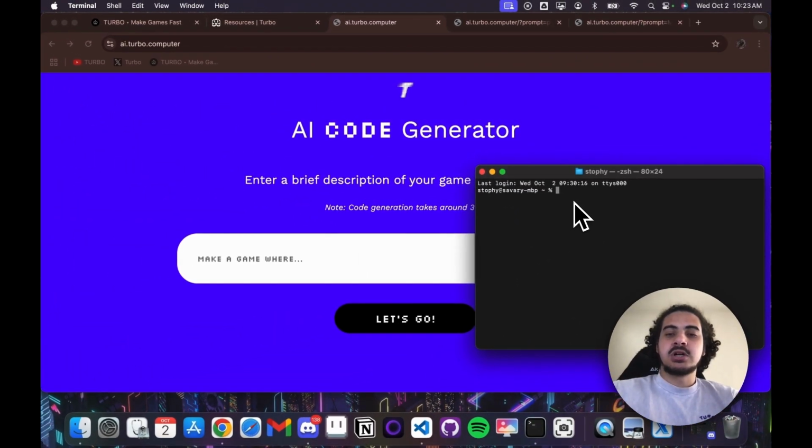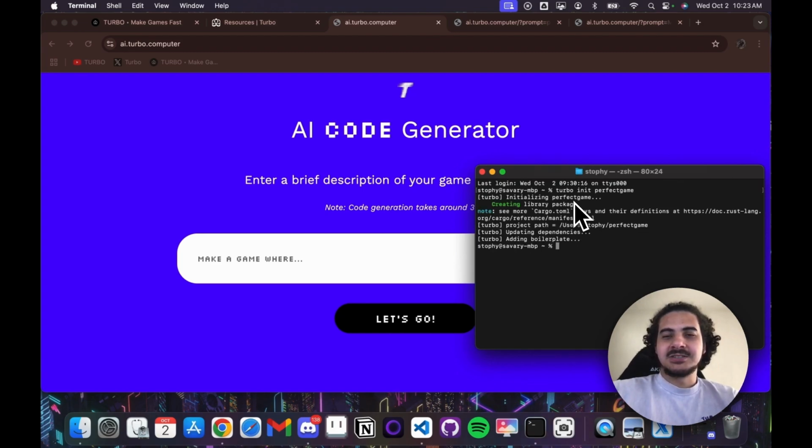and I'm going to initialize and run a new game. So I'm going to name this Turbo Init. I'm going to call it Perfect Game because we're using AI, so it has to be perfect. So with Perfect Game initialized, I'm going to do Turbo